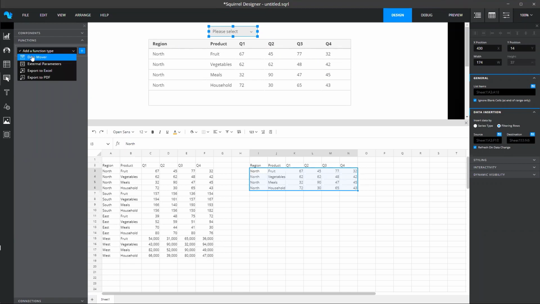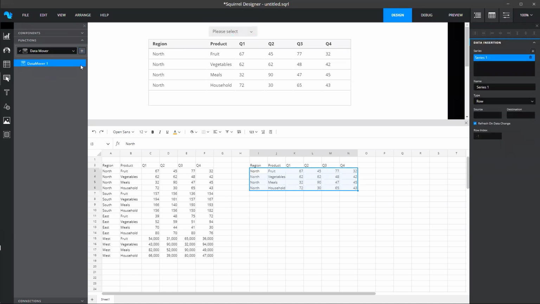However, a nice extra that you get in Squirrel are these new functions in here, particularly this data mover one, because in Xcelsius or SAP Dashboards, if you wanted to do this but didn't want to drive it from a drop-down, maybe you wanted to drive it from another interface, you would have to have drop-downs or other selector components and hide them. The end user didn't see it because you were hiding them, but it made the design interface much more cluttered. But here we've got the data mover component we can add in, which does all the things that you saw there. So I can do filtered rows, and again I can drive that from something happening in the sheet, so it's not cluttering up my UI.